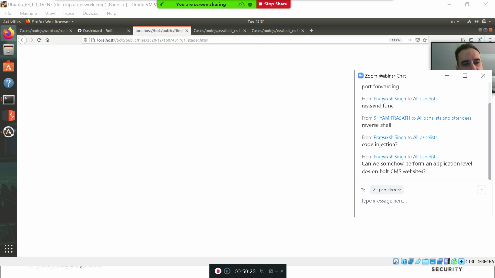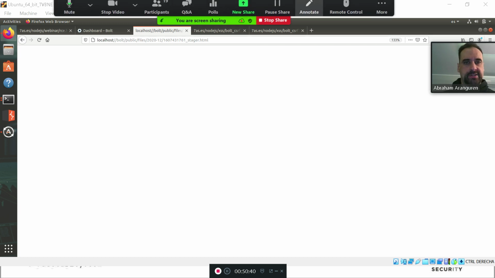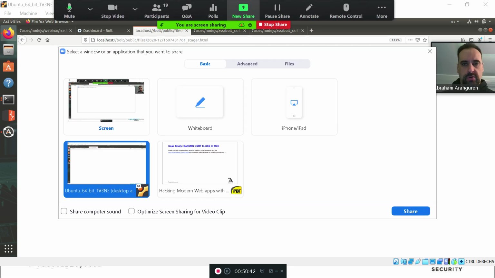So yes, after the remote code execution, you can do a denial of service as well, right? If you follow the exercise and do the remote code execution, you will be able to turn this into a complete denial of service. You will be able to delete the entire server, right? Okay, so now let's move on